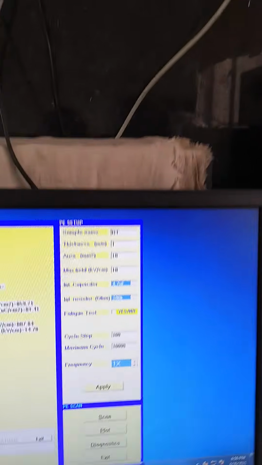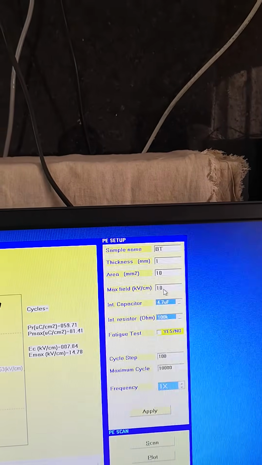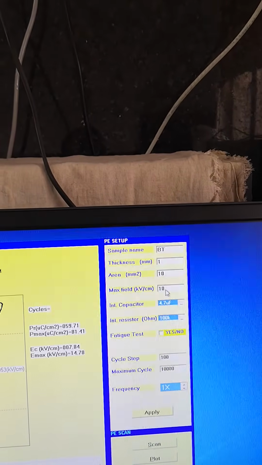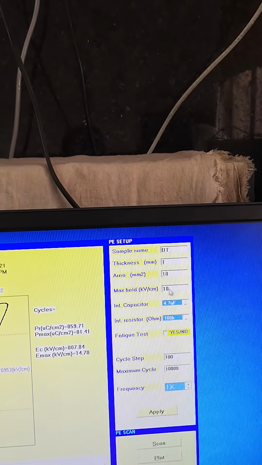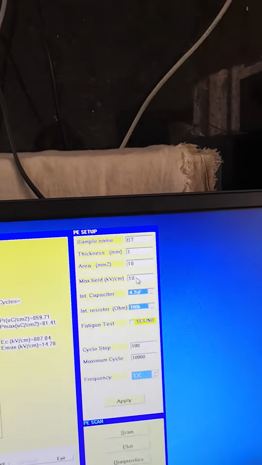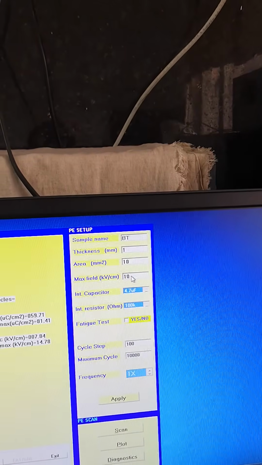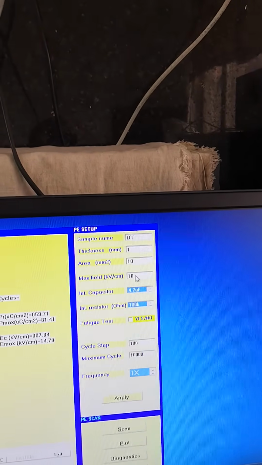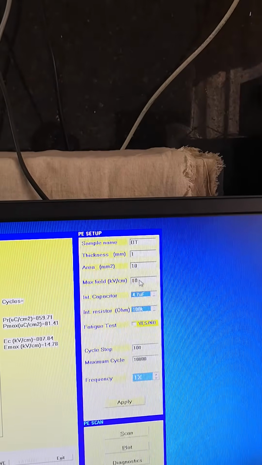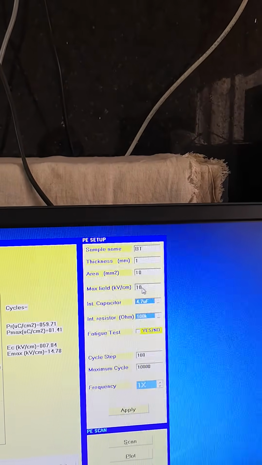So we keep the electric field magnitude at 10, because when we increased it to 11, our sample overloads. Overload means our sample is not taking that much electric field, so it is kept at 10.